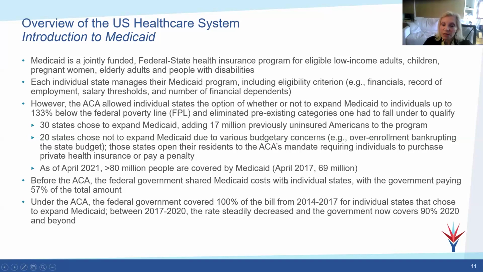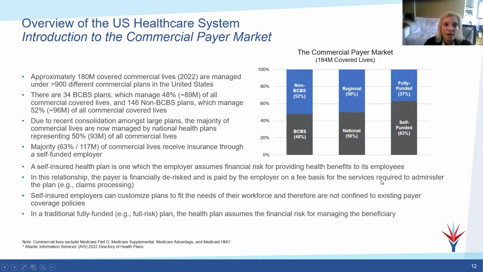The government foots a certain amount of the bill, and it has steadily decreased from 100% initially to now it still covers about 90% of each state's bill. Approximately 180 million patients are covered under commercial insurance, and this is managed under more than 900 different commercial plans in the United States, about 50% of which are